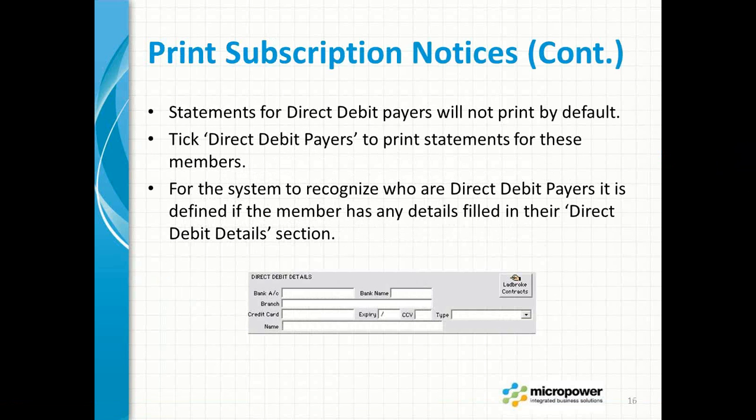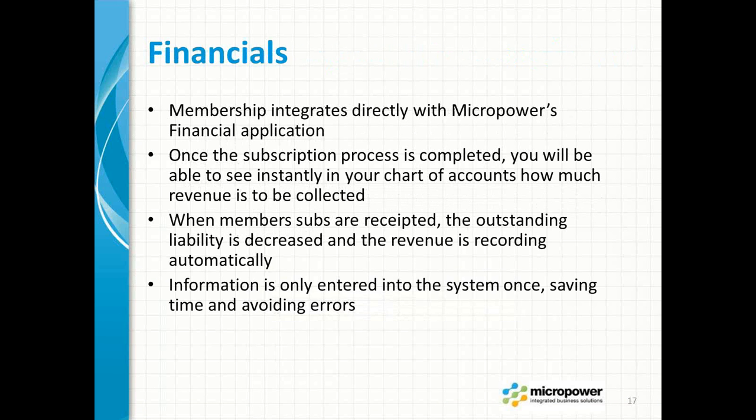So now I'd just like to touch quickly on the different integration touch points there are in the system when you are generating your subs. So the first one I'd like to touch on is just the financials. Obviously membership integrates directly with Micropower's financial application that we have. Once the subscription process is completed, you'll be able to see instantly in your chart of accounts how much revenue is to be collected. So what's the outstanding amount of subs for this upcoming financial year that need to be